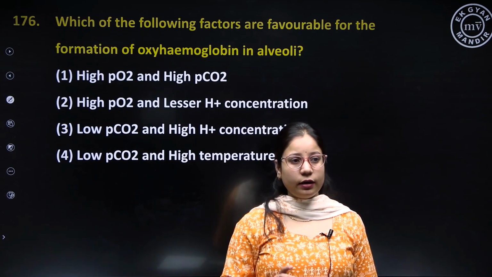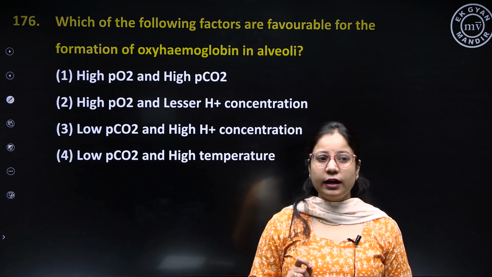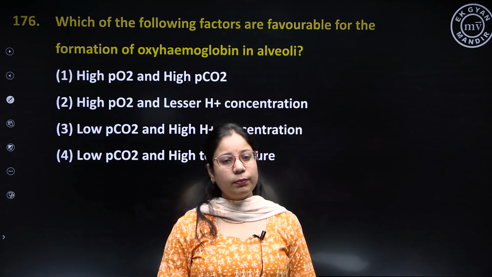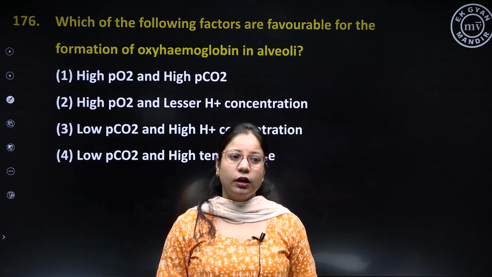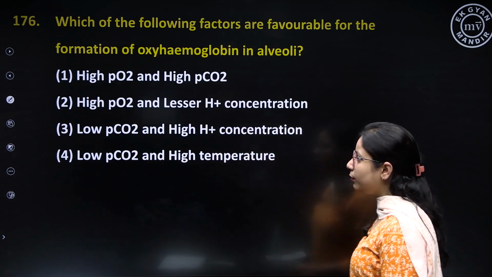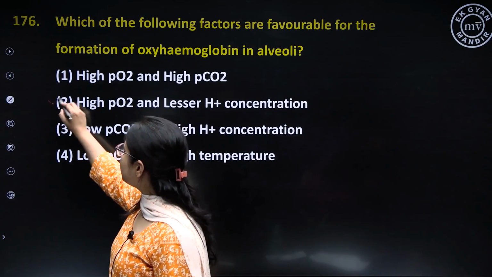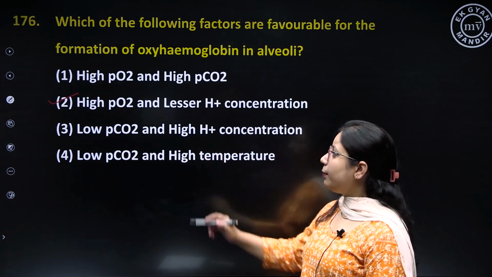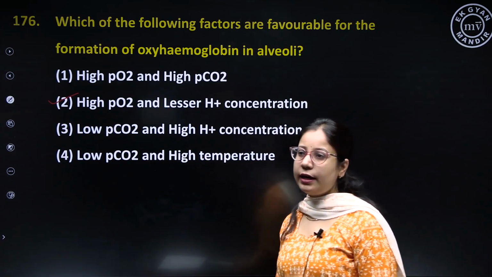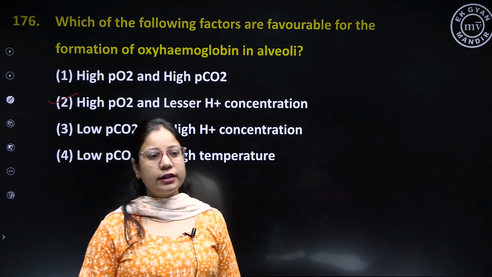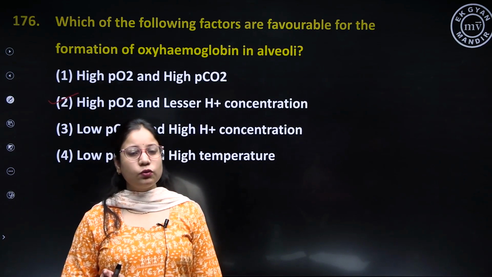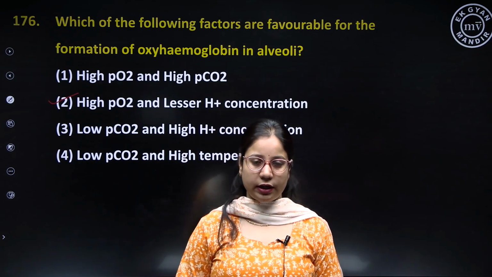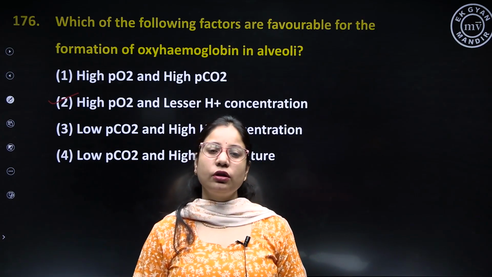So here the question is asking which of the conditions will favor the formation of oxyhemoglobin. So obviously if the partial pressure of oxygen will be higher, the formation of oxyhemoglobin will be favored. So the answer to this question is option number 2. So high partial pressure of oxygen and lesser H plus ions concentration, because H plus ion concentration will increase when in the body there is higher concentration of carbon dioxide,